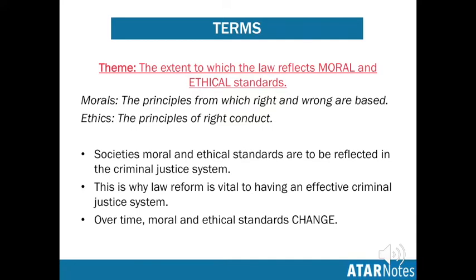It's really important that there is some kind of reciprocal nature between morals and ethics and the way the criminal justice system is executed. Obviously, moral and ethical standards change over time. So capital punishment is one really, really simple example, in that we did have capital punishment in Australia. And when we look at it now, we can see that that's not the way that we want to approach things at the moment. It's a lot of the condemnation that different nations who use capital punishment receive.